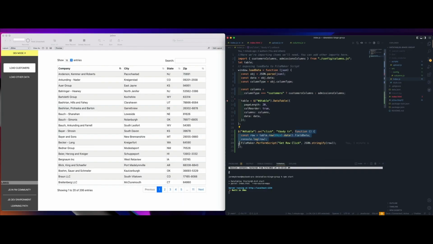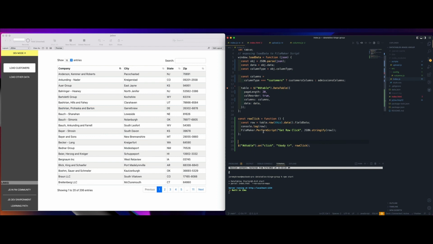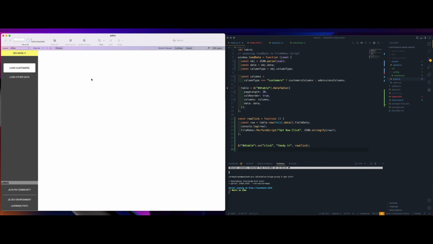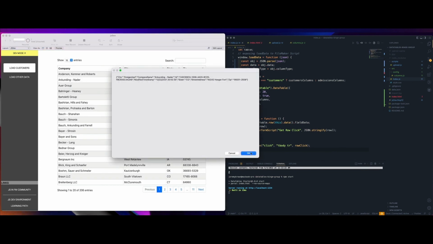I'm going to take out this function and I'm going to put it in a variable, const rowClick equals function, and then I'm going to put this rowClick in the line here. So now we have a little bit of nice separation, and we can make this function as long as we want, and we can still call it right here. So that is working with row clicks in data tables.